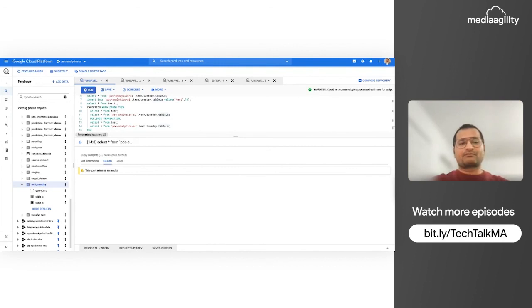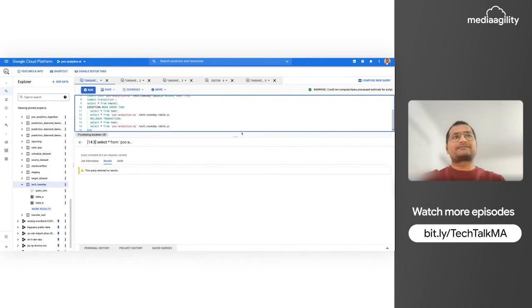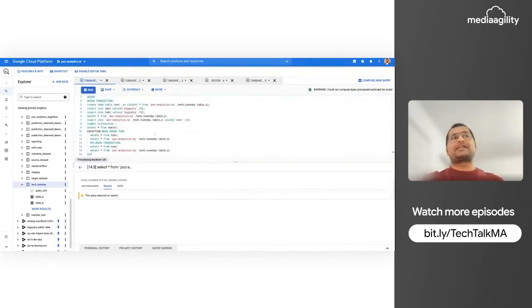Now I'll quickly show one more thing where I will keep the commit transaction just after inserting the values and before the failure. And this way we will see that values are inserted. See here, I am inserting the value in that table, but the commit transaction is happening, and then I'm expecting an error. So logically what should happen is that the transaction is committed, so no rollback should happen for that value.